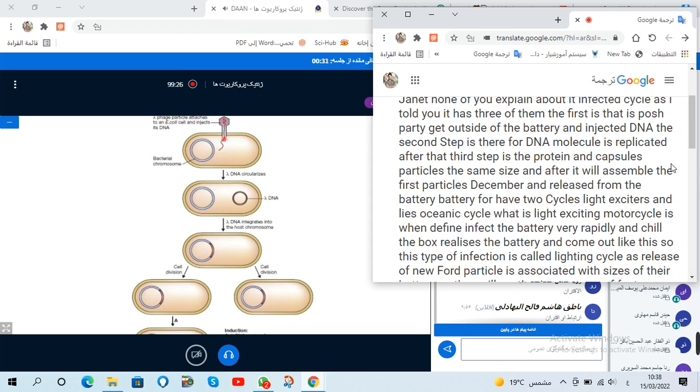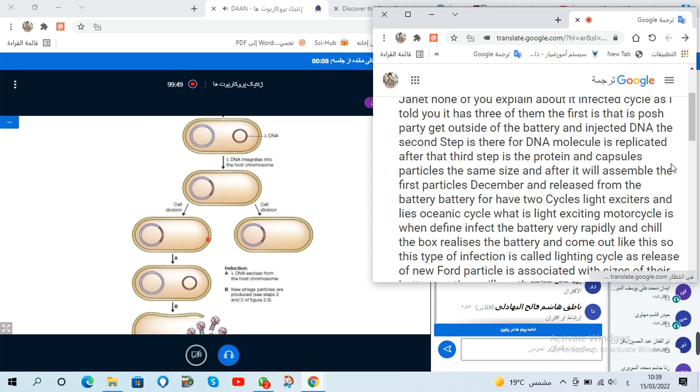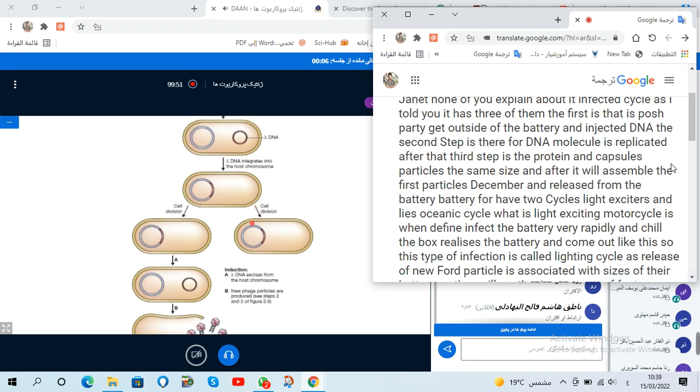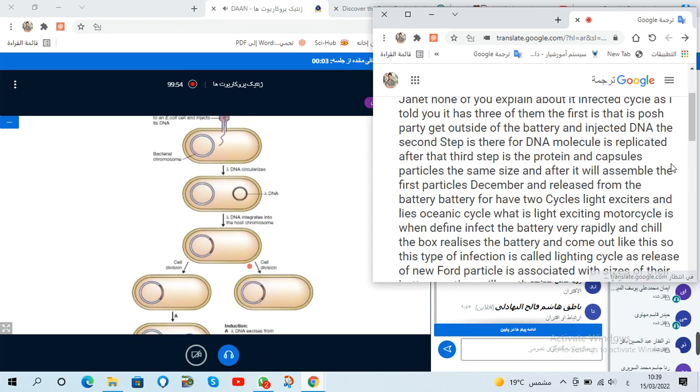The phage attaches to a bacteria and injects the genome into the bacteria. After that, the lambda DNA molecule is integrated in the host chromosome, integrated in the host bacteria DNA. So after that, does it kill the bacteria? No. So lysogeny